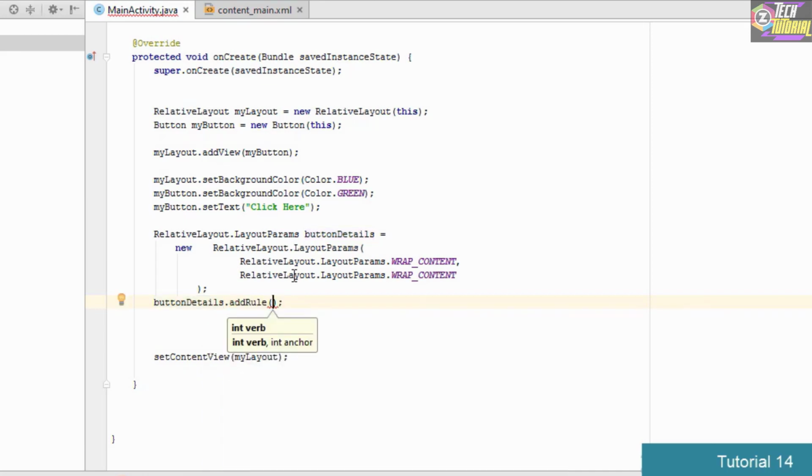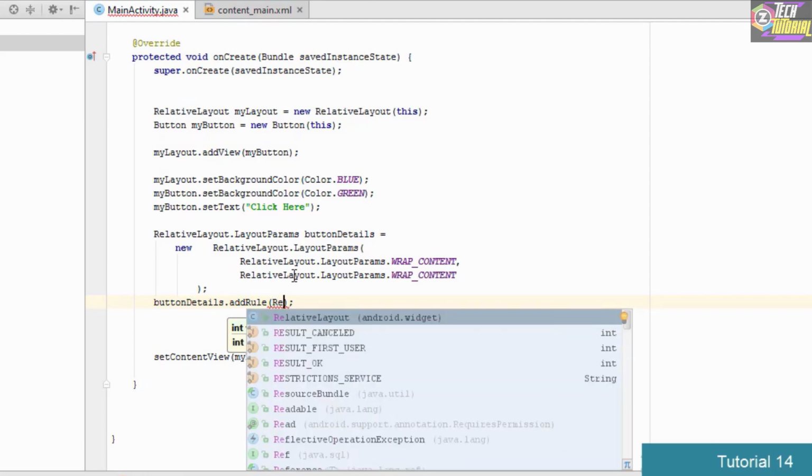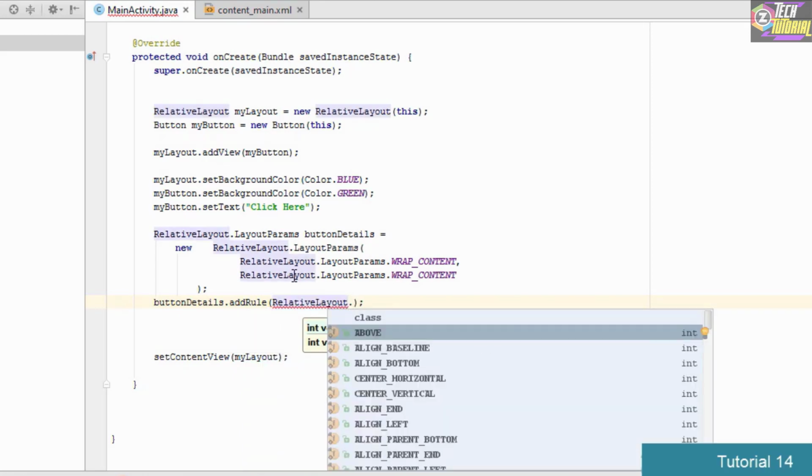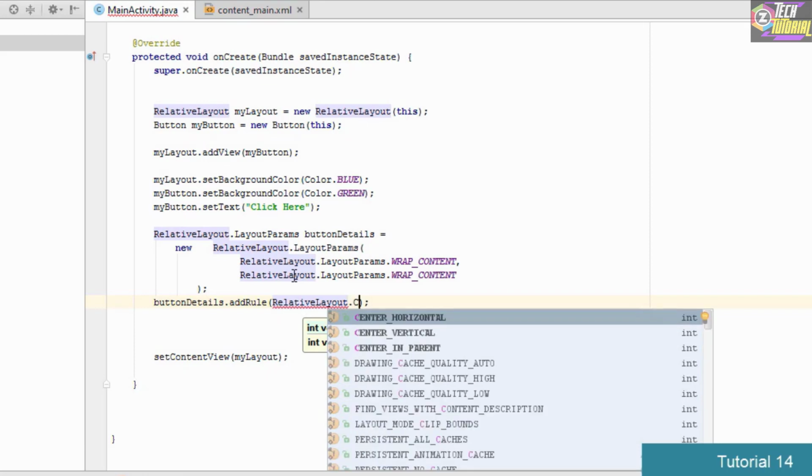In this case the first parameter we want to specify is the location. In order to specify the location, we type the name of our layout, so we type RelativeLayout dot, as we want to specify it in the center, we type CENTER_HORIZONTAL, which is going to place the button horizontally in the center.